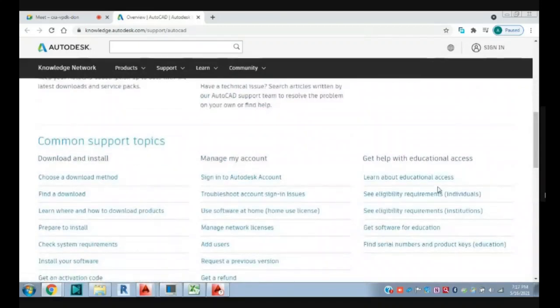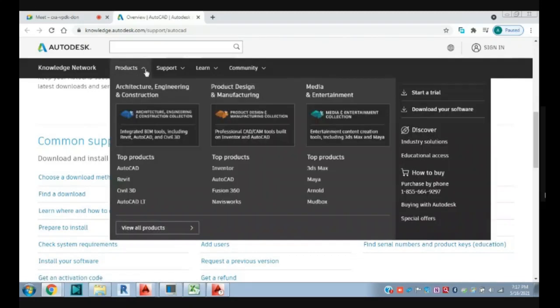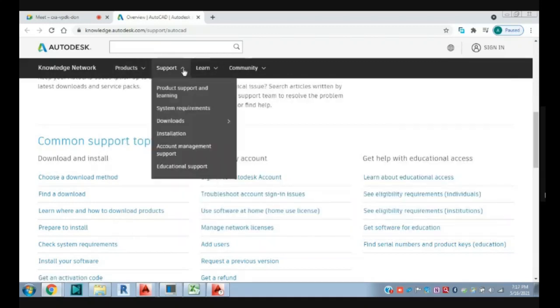Learn about the educational access. They have some membership also, so if you want to give an exam for the Autodesk product, you can apply. You need to register for this first. Then you will be in contact with Autodesk, so whatever new or updated things, they can share with you by email.